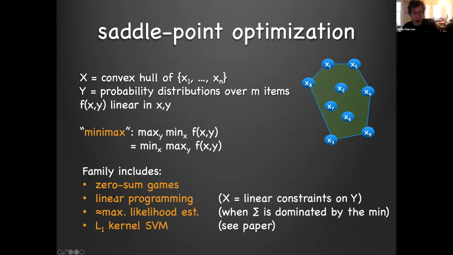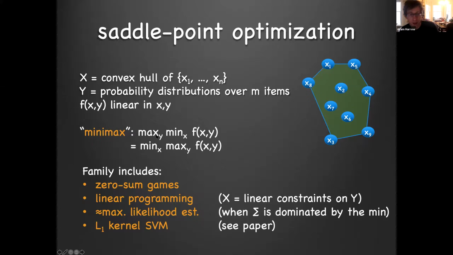Another way of viewing this is linear programming. I want to find a point in the probability simplex, and X is a set of linear constraints. Every point X describes some half space that cuts down the space. It's a little bit like